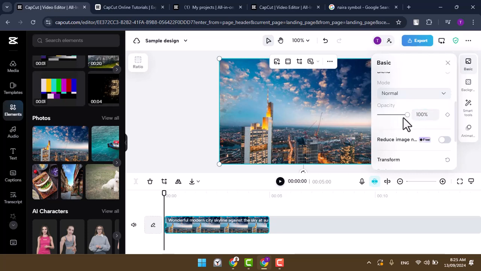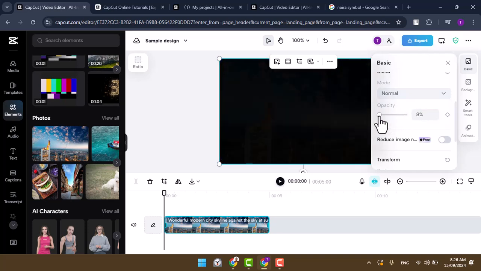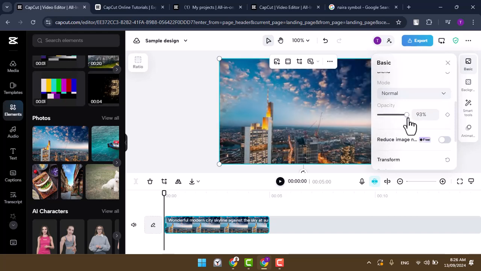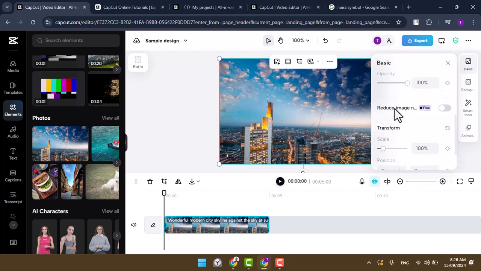No. Opacity basically means the transparency. So you can choose whether you want it to be transparent. Because we don't have anything behind it, the transparency will be black, and that's why the black is showing. If it was a white background, or we had an image behind it, it would be showing that image because it's losing its opacity. So the same thing applies with the scale. The same thing applies with